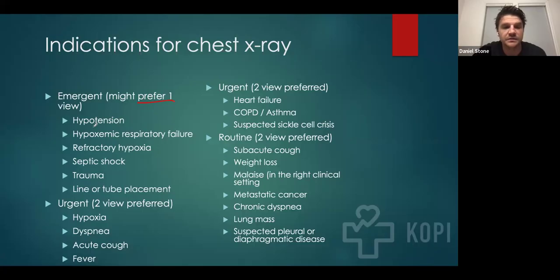It's really meant to not move the patient. Unstable patients don't necessarily do well if we take them to imaging. So the hope is that if you have someone who's hypotensive and hypoxemic respiratory failure, someone who you can't oxygenate, a patient who's potentially in shock, or somebody who you've just intubated or placed a chest tube on, that they would get an emergent chest X-ray,